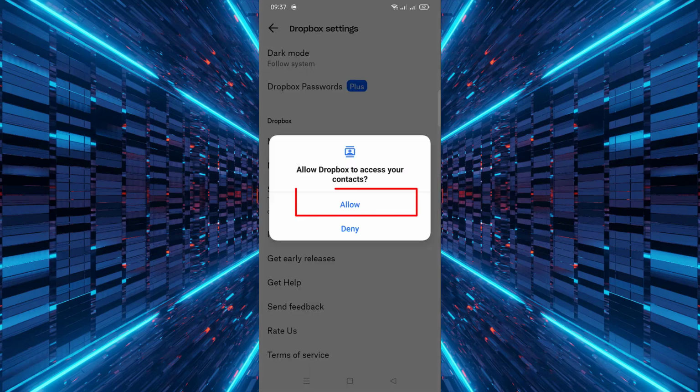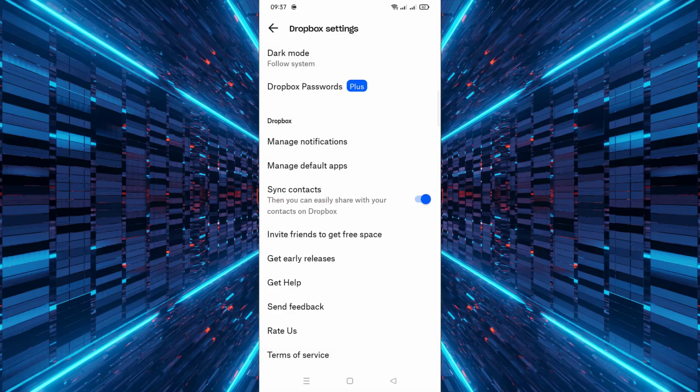Then click on Allow to give Dropbox permission to access your contacts. This permission is necessary for the sync feature to work properly. Dropbox will now be able to access your phone contacts. This makes it much easier to send files directly to your friends, family, or colleagues without needing to enter their